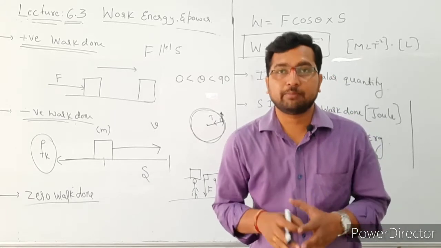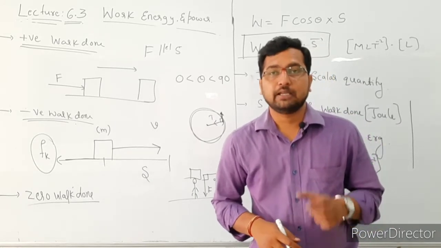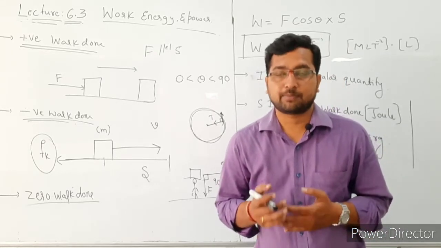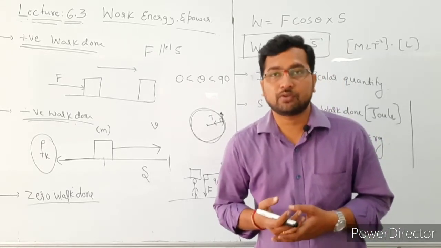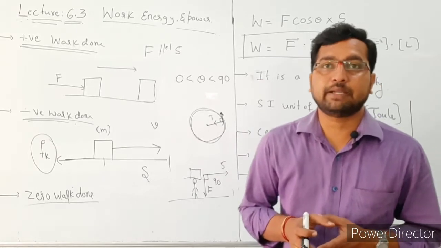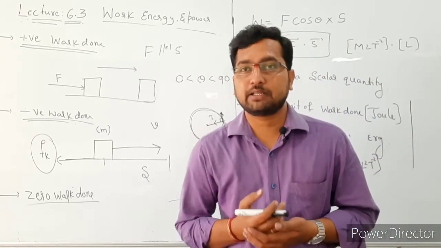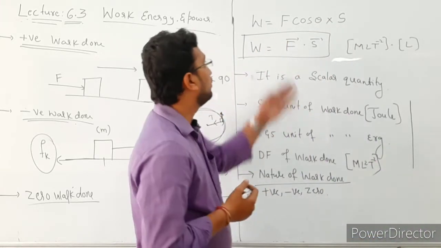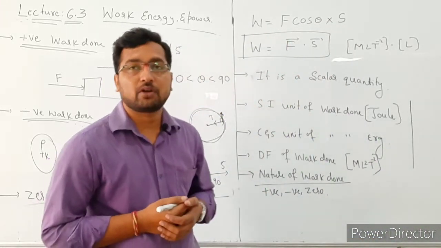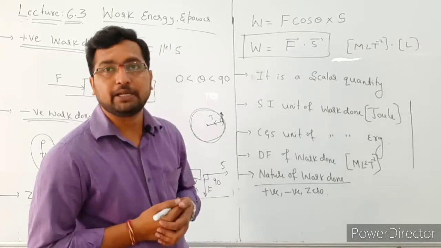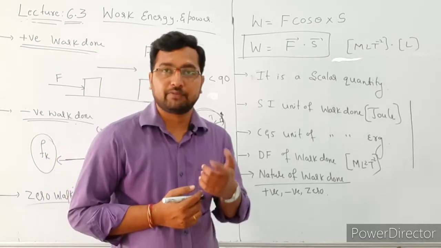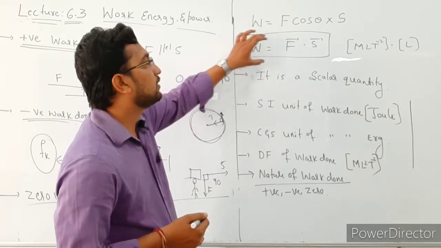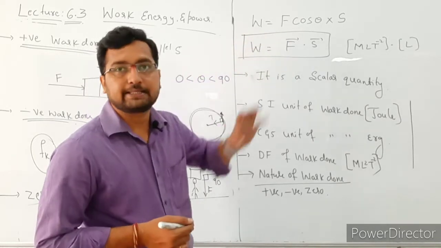Okay, first of all, what do we mean by work? Work done is the product of force, or the component of force in the direction of displacement, and the magnitude of displacement. That is known as the work done, right? In this case the work done is equal to F cos theta into displacement. Already we know the definition of a dot product. With the help of that we will write W is equal to F vector dot S vector.